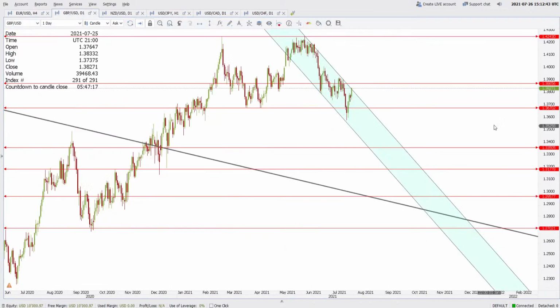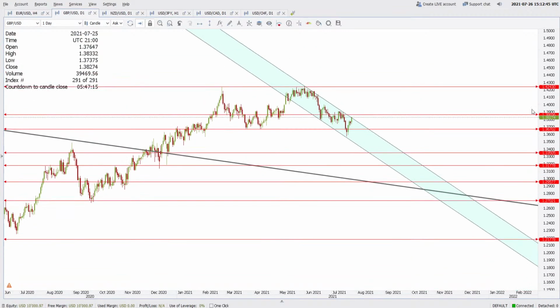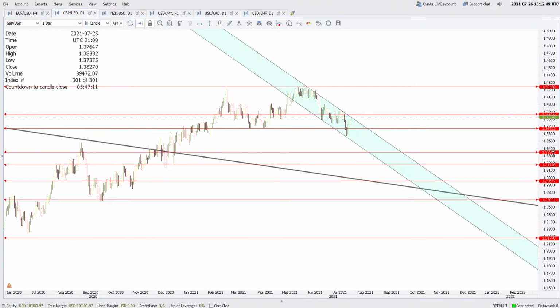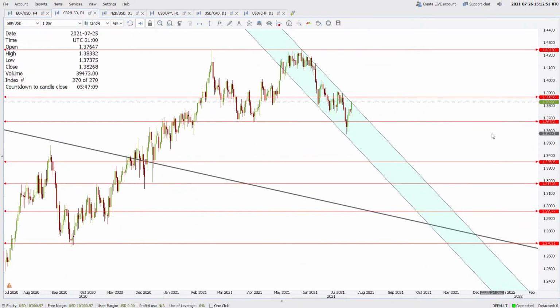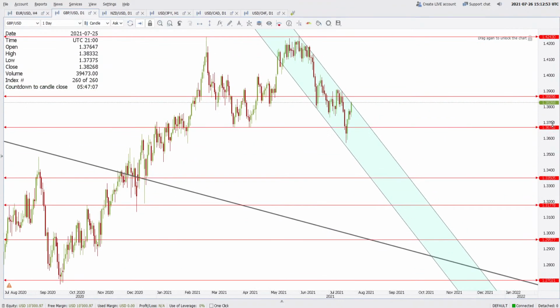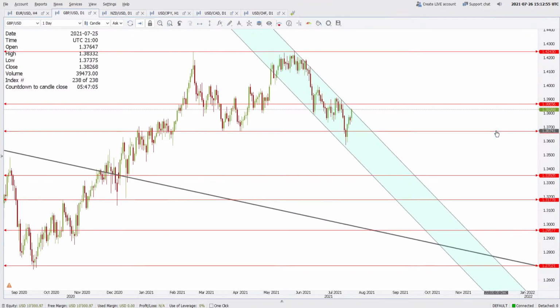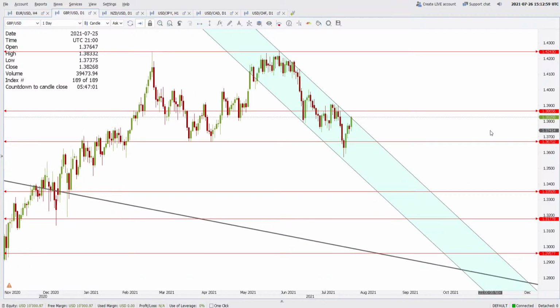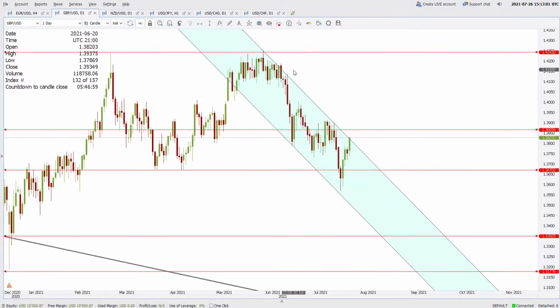Talking about the Great Britain pound, I'm sorry that accidentally today I deleted my chart, but still I have created the lines or made the important levels that we need to keep an eye on. Right now the price is trading at 1.38268, which is also the resistance of this falling